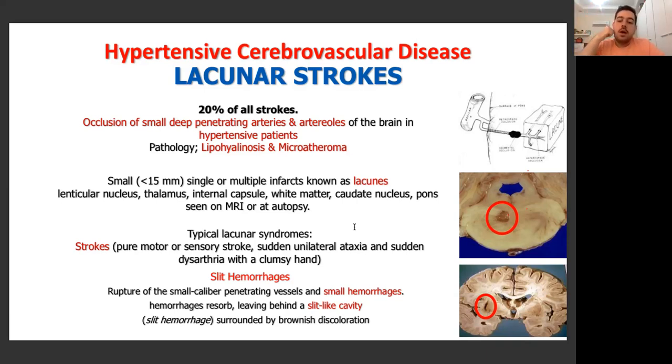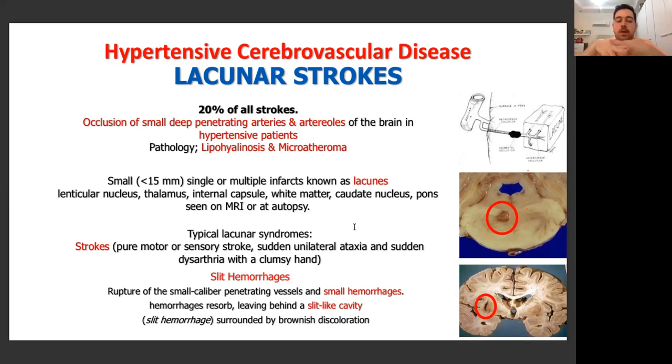sensory loss? Well, most importantly, these lacunar strokes do not have cortical signs. What do we mean by cortical signs? Aphasia, because the cortex is responsible for speaking. So aphasia is one of the cortical signs. These patients will not have aphasia. Neglect syndromes. So again, this usually develops in the